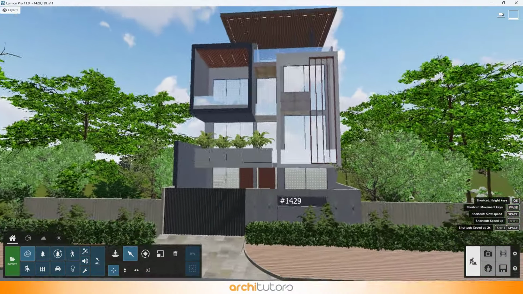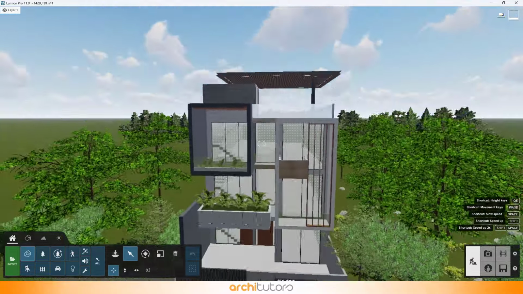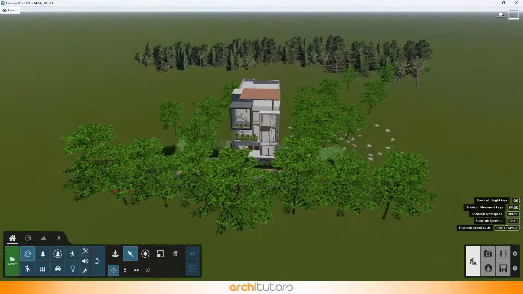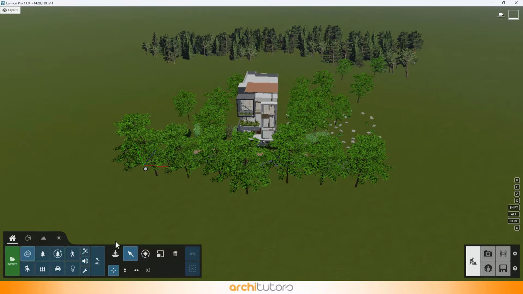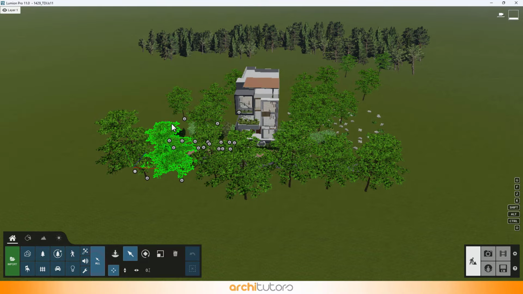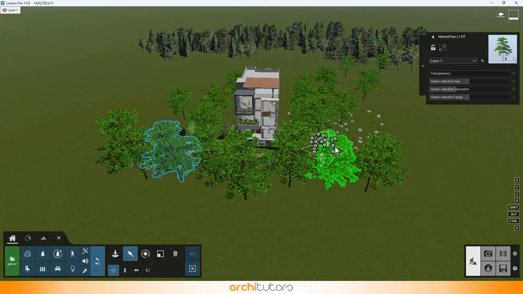Use the Model Import tool to import your 3D SketchUp model in Lumion. The environment is everything that will make the render look complete, so take time to set trees and make an integrated artificial environment around the model.